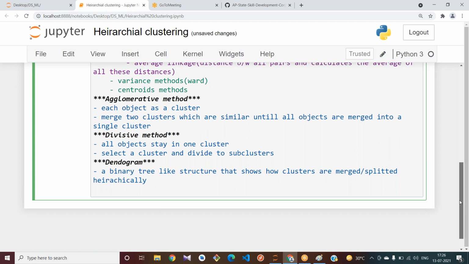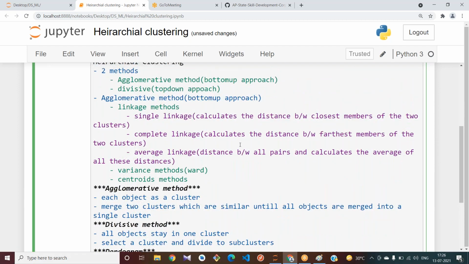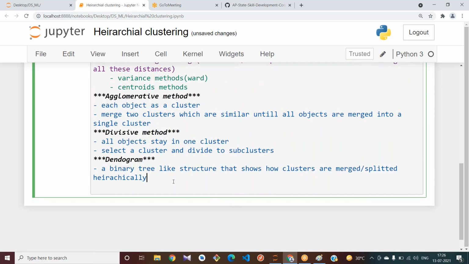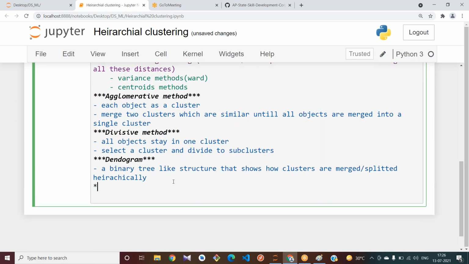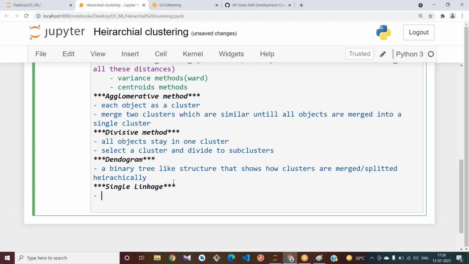And if you use the linkage methods, which method works fine? Let me write here, in the single linkage, it is somewhat sensitive to outliers.